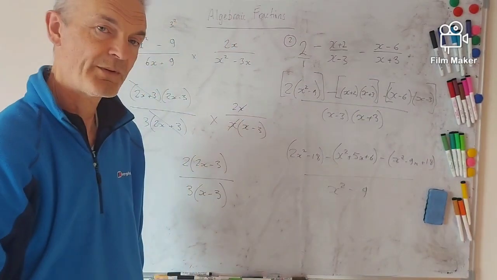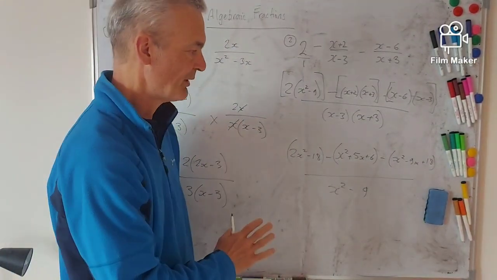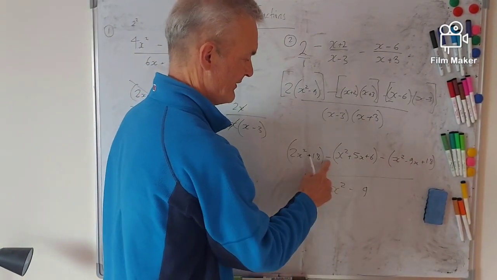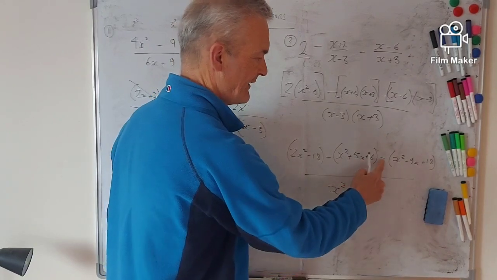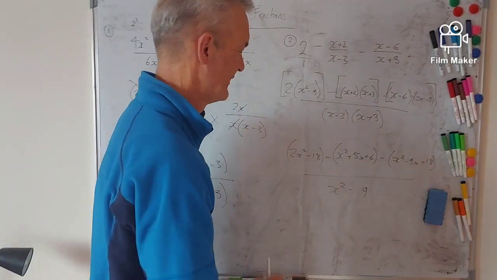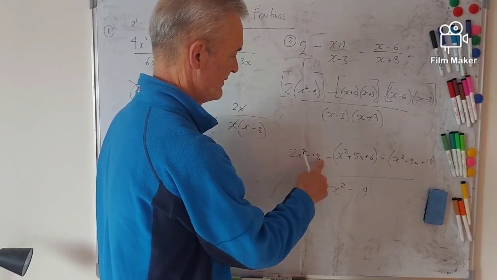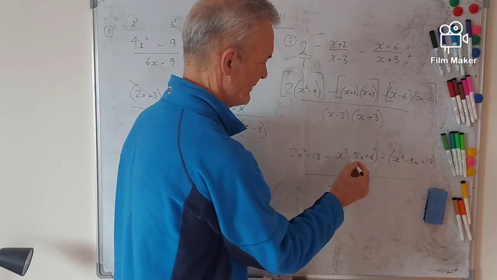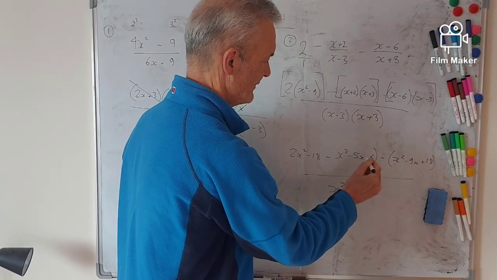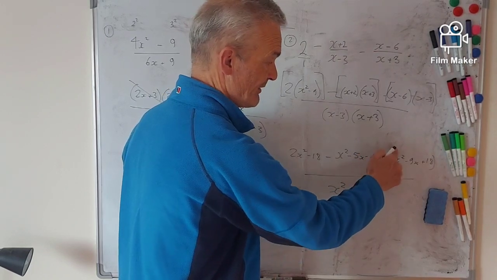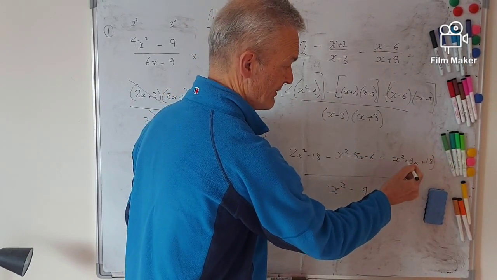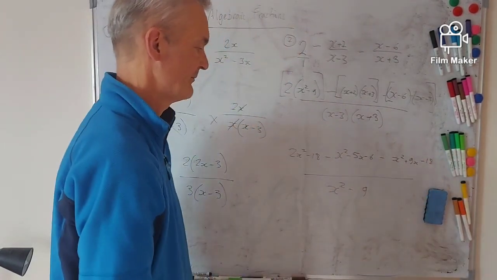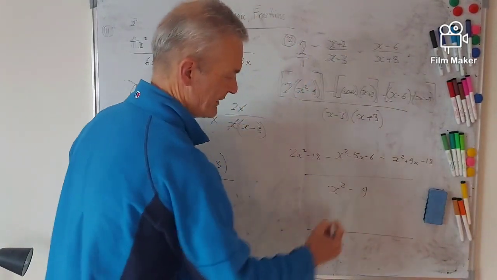Okay, now what we've got to watch next is when we remove the brackets, which is what we want to do here, and then summarise, because we've got these negatives. The negative is going to change these signs in here, and that negative is going to change those signs. So I'm just going to use my finger to rub out the brackets, but I've got to change that sign to a negative and that one to a negative. And then when I rub out these brackets, that's going to become positive and that's going to become a negative, like so. So we can leave this at the bottom,